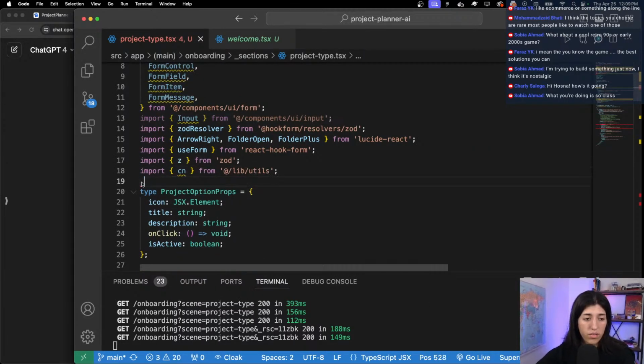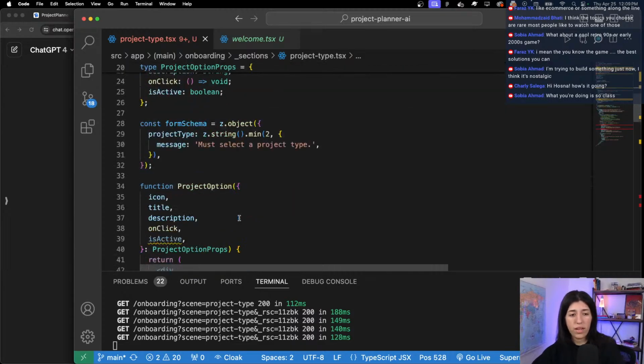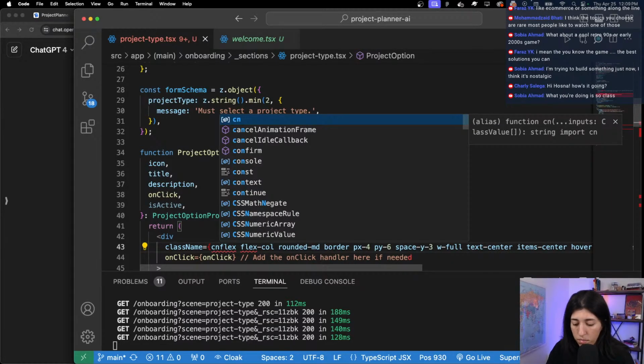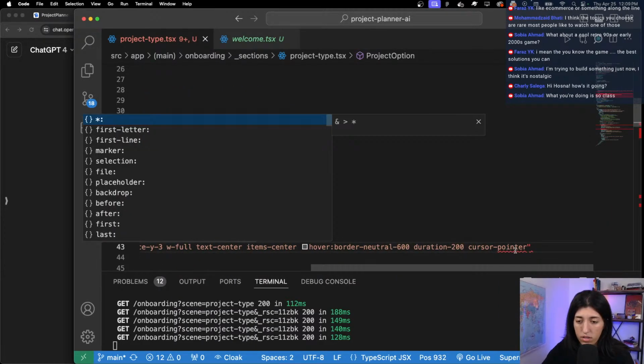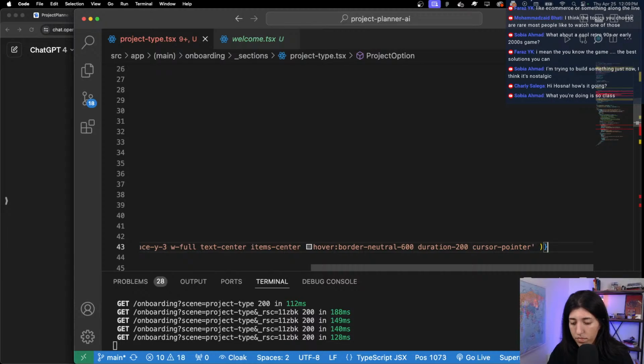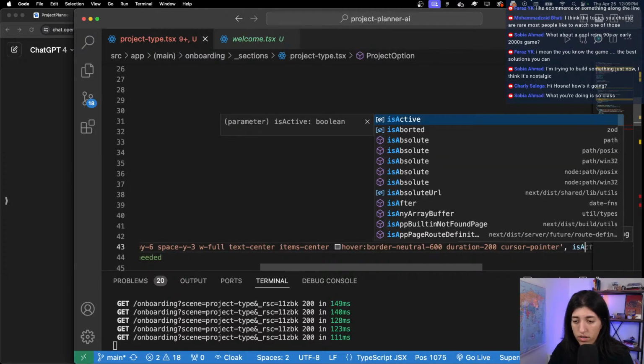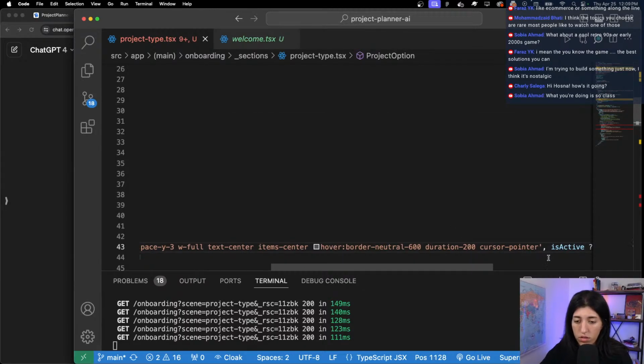See, this is a lot of time just for one section. We're going to have to do it probably for other sections, but it's going to be worth it. Then we do a condition. If it's active, then we want to do